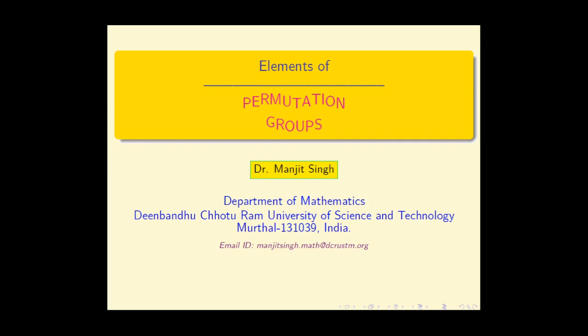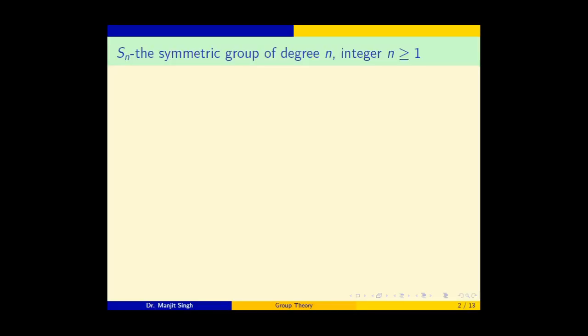One of the most important applications of permutation groups is Galois theory, which characterizes polynomial equations that are solvable by radicals. Its origin lies in Galois' study of the symmetry of the roots of polynomials. In this slide, we will introduce the symmetric group of degree n.